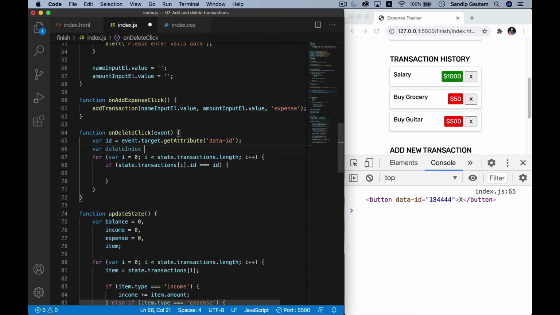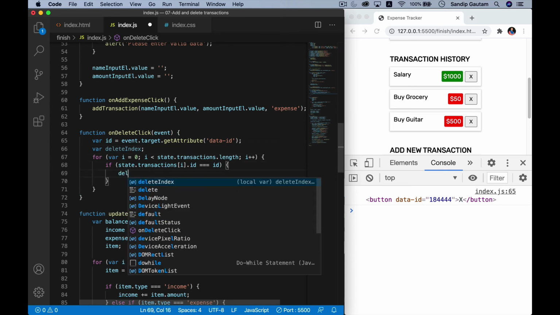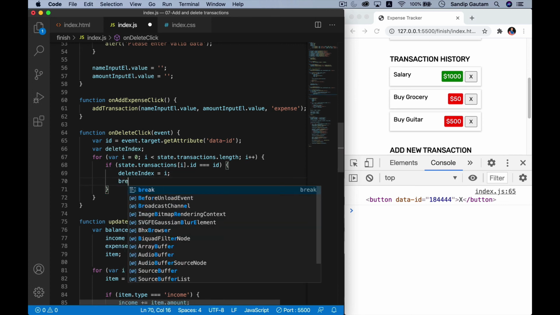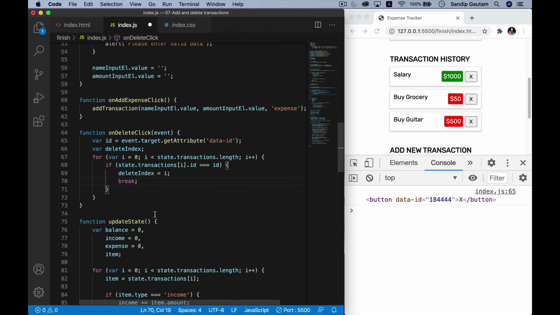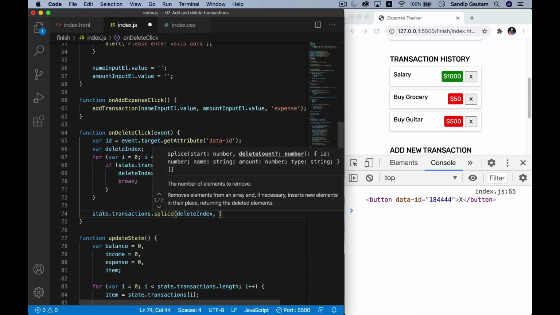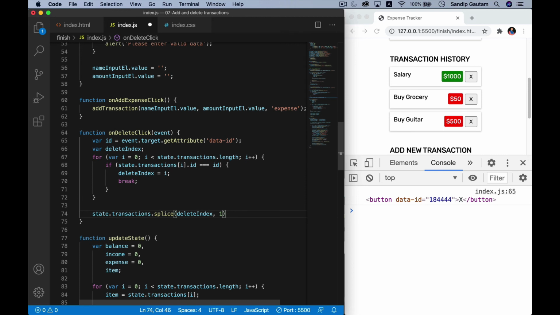Okay, and I'm not going to store any value into it. And here I'm going to save the i value, that will be my delete index, and I'm going to break the loop because now I got the transaction which is matching with my ID. So finally I'm going to use this splice method. I'm going to use delete index, and I need to remove just one record. I'm going to use 1 as a count,